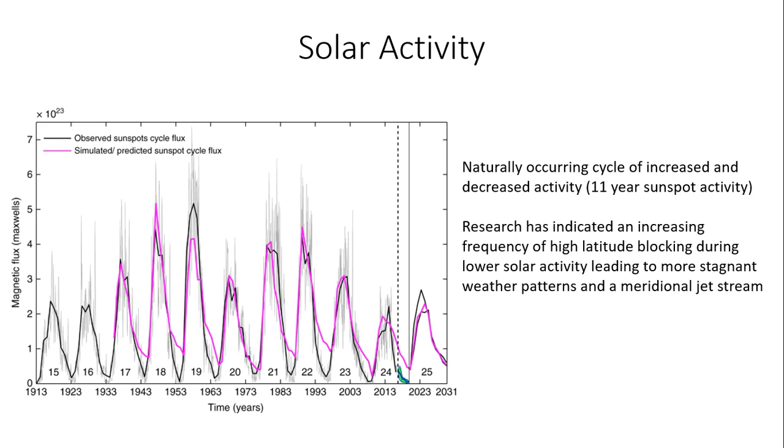We're expecting an increase in solar activity, increased number of sunspots. Generally, we are still sitting in a lull in solar activity, low solar activity, and some research has actually indicated an increasing frequency of this high latitude blocking over the northern oceans during lower periods of solar activity. And that tends to lead to more stagnant weather patterns and also a much more